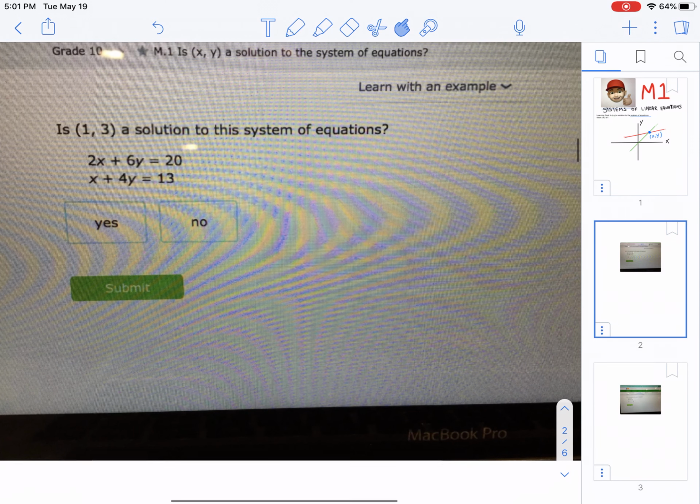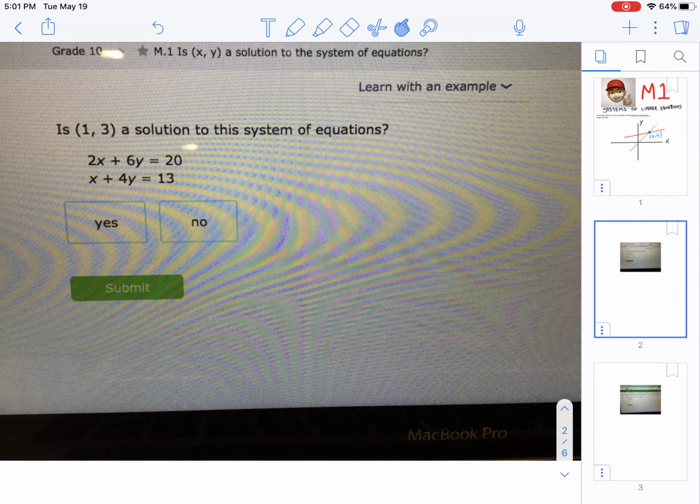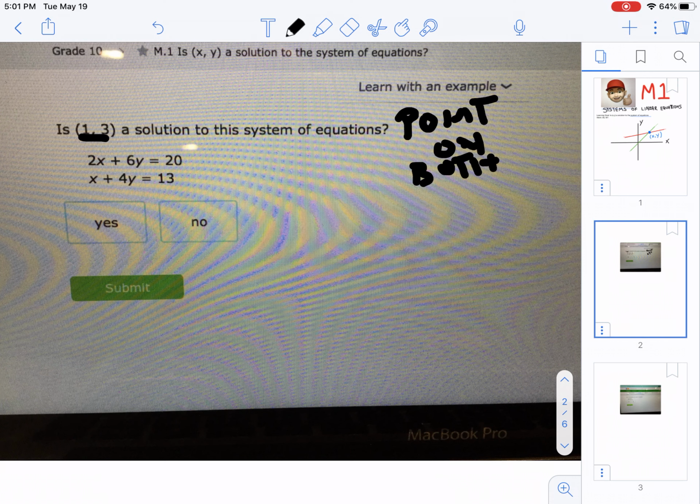This question says, is (1, 3) a solution to the system of equations? All that means is, is this point on both lines? So what we have to do is put the values of the point into each equation. So let's look at